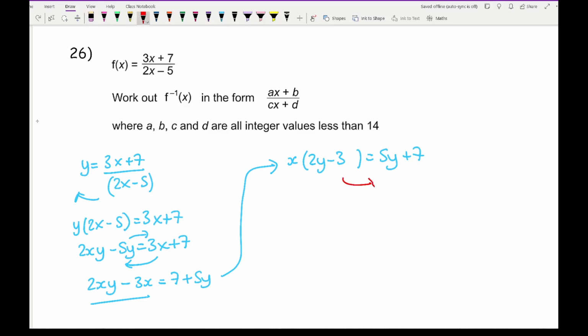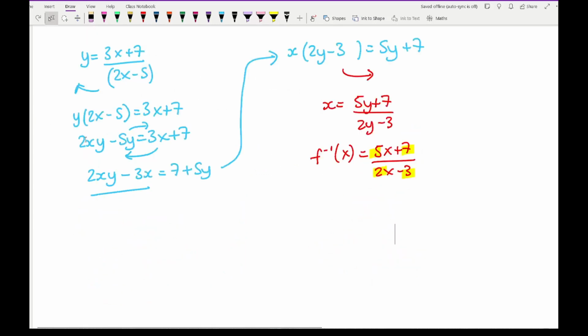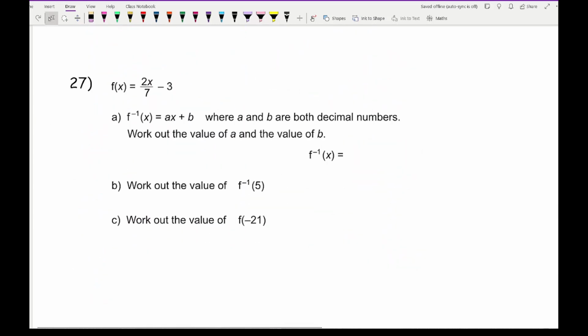Then I can take this bracket over to the side by dividing, so x equals 5y plus 7 over 2y minus 3, and from this I can then do the replacing. So the inverse function is 5x plus 7 over 2x minus 3, which is exactly in the format they want, and each of these values is a number that is less than 14. So far so good. Moving on to question 27, it says that f of x equals 2x over 7 minus 3, and the question is asking us to find the inverse function. So again, make the equation equal to y,